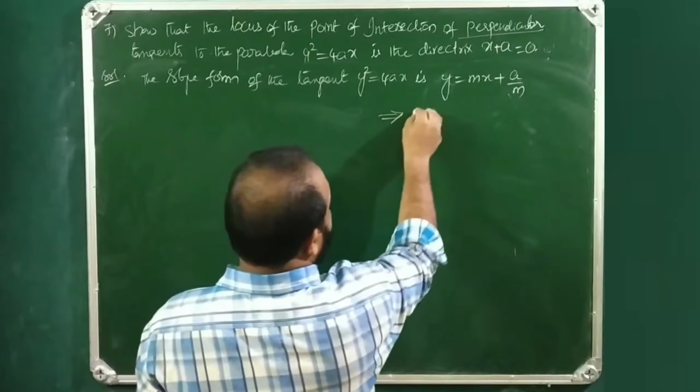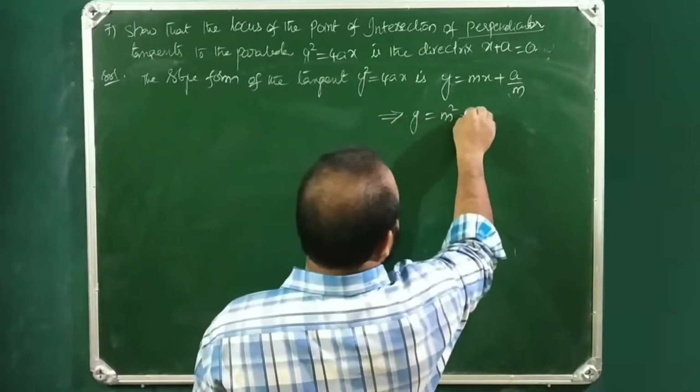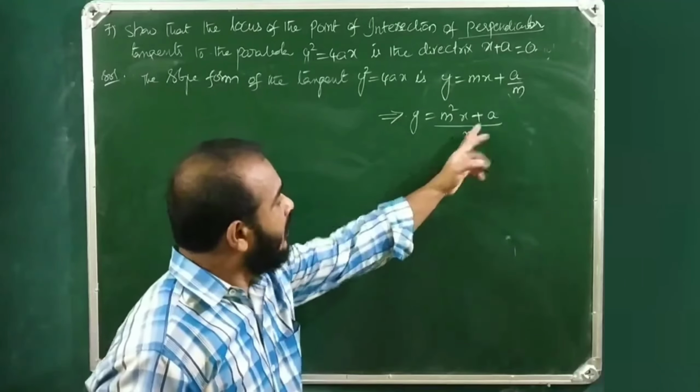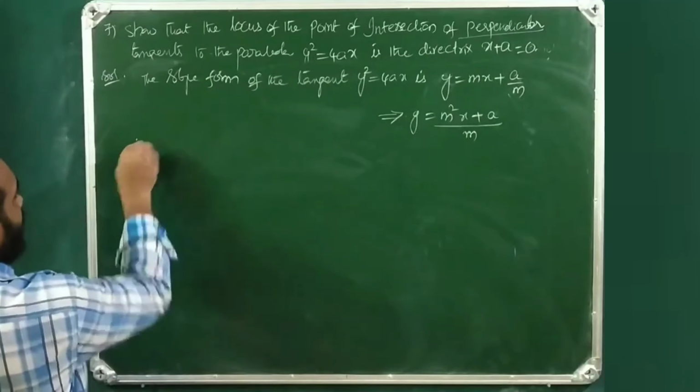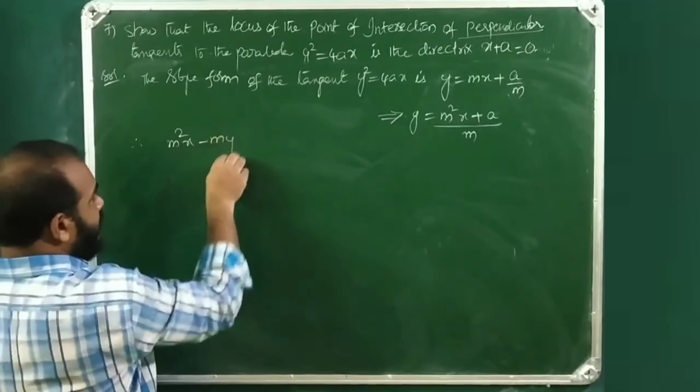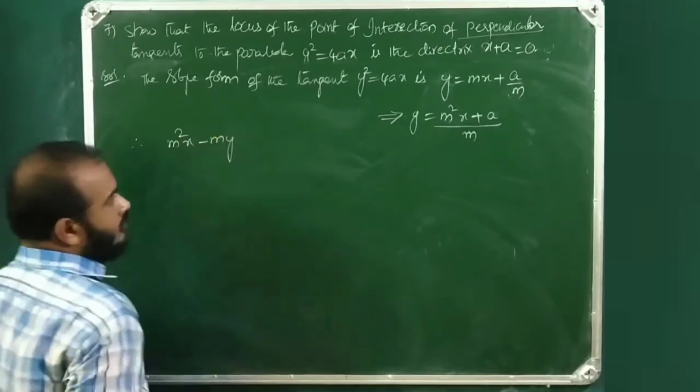So y is equals to (m square x plus a) by m, if you find the LCM. Therefore, m square x minus my plus a equals to 0